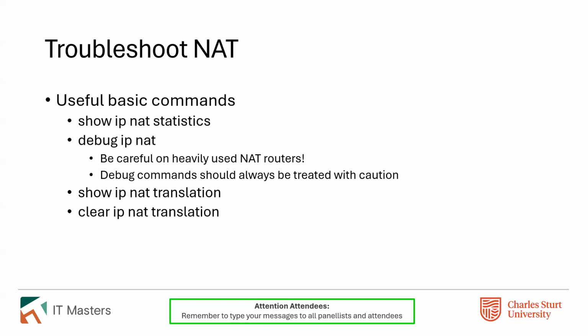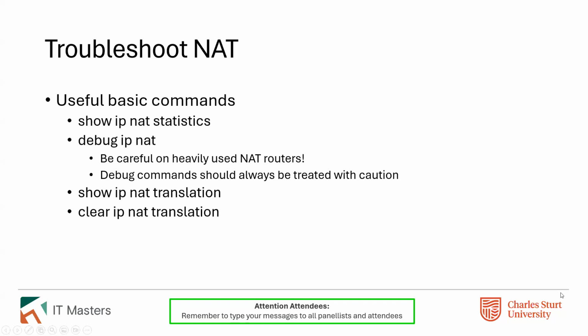A few commands for troubleshooting, and these commands will generally work on any platform, whether they're Cisco or Juniper. So there's a show command called show IP NAT statistics. Now, what that command will do is tell you what your network address translation engine is currently doing. How many sessions is it dealing with? Who's using it the most? Is it the current Zoom session while you're listening to me talk that's doing the heavy lifting, as it were? And just as importantly, are there problems? Are there any disconnections happening? Are there any collisions occurring?